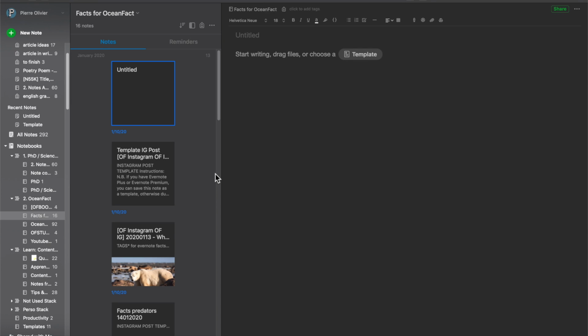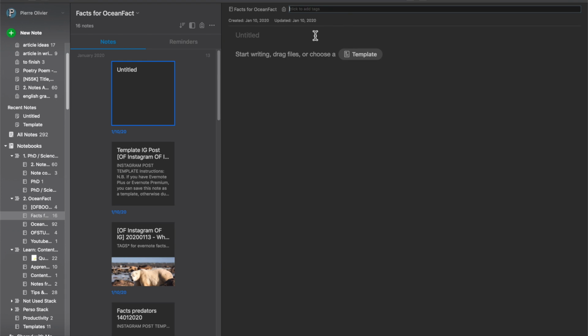The problem with notebooks is that if a note is inside a notebook, it's only inside this notebook. So you can't really search across notebooks. There is a way to search across notebooks. It's called tags. Tags works the same way as hashtags. It's simply a keyword that you can attach to each note, no matter where they are, in which notebook they are, to retrieve pieces of information